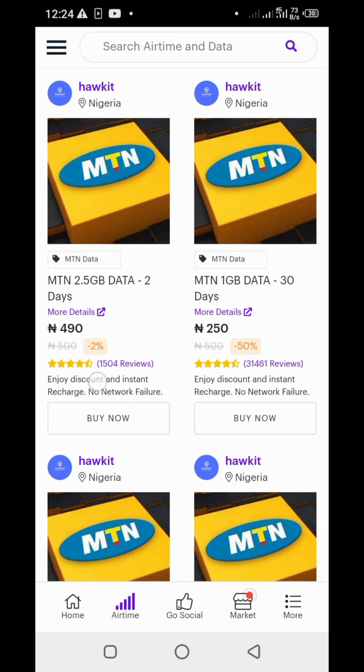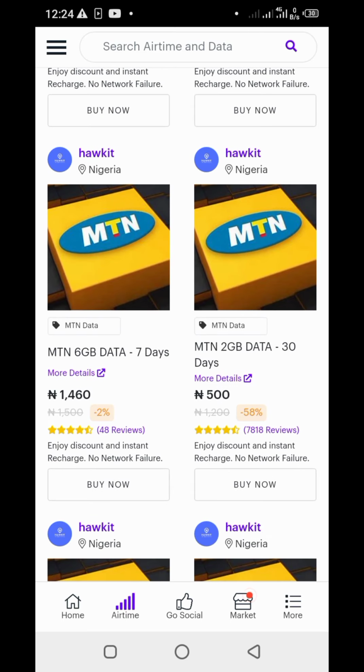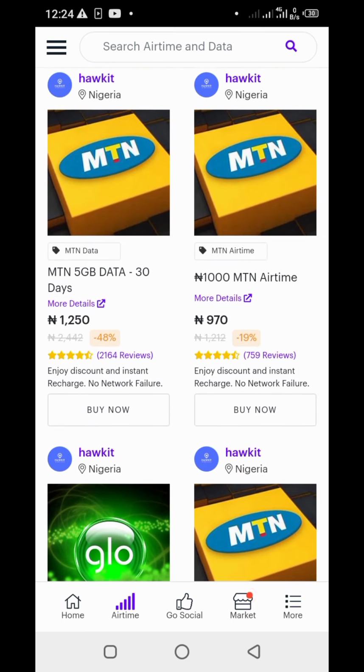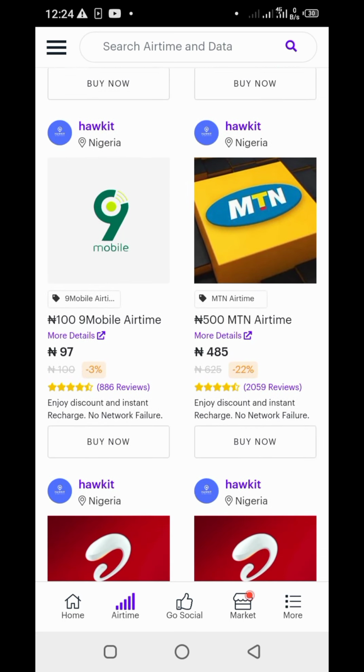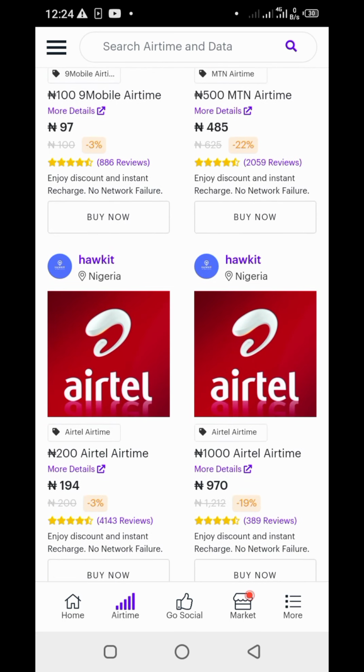You can also buy 2.5 gigabytes at the rate of 490. This is 1 gigabyte at the rate of 250, and its validity is 30 days, which is very okay. There are so many benefits here, buying airtime at a cheaper rate and so many other things.